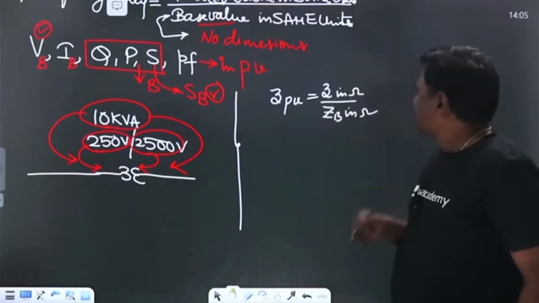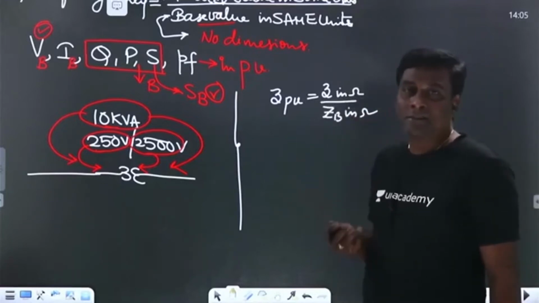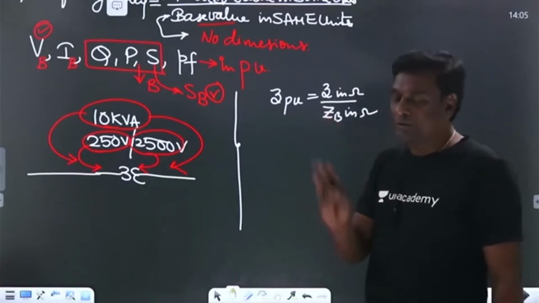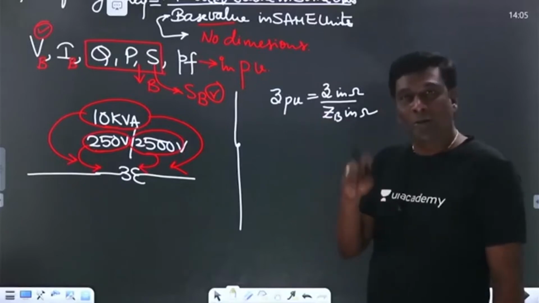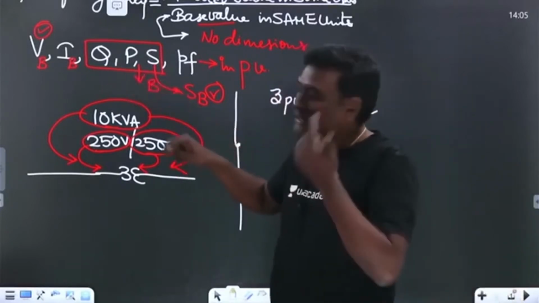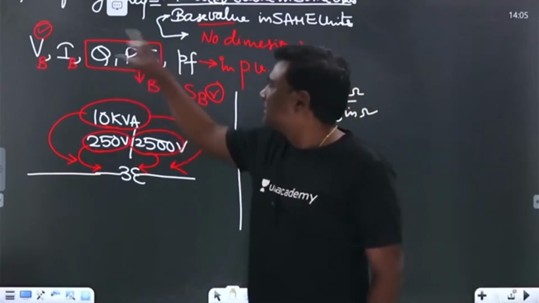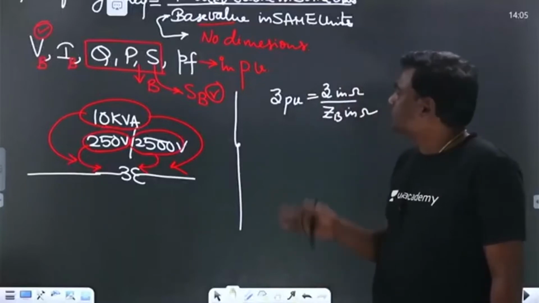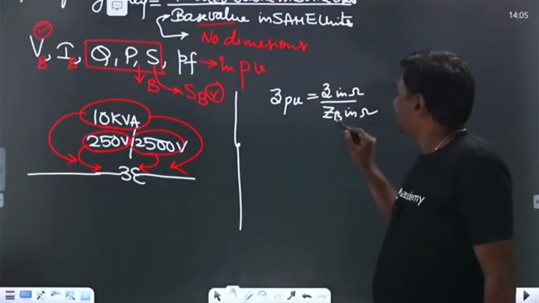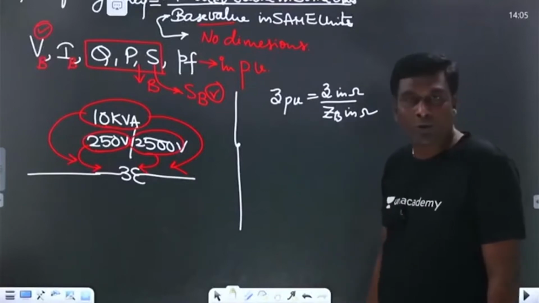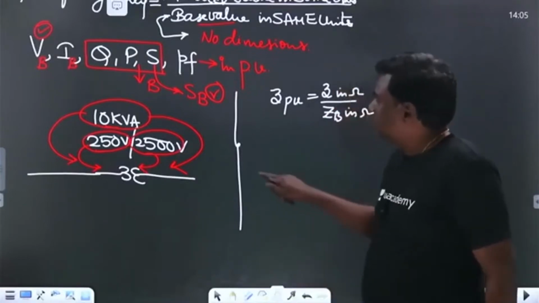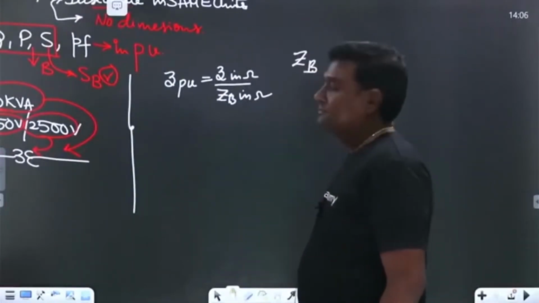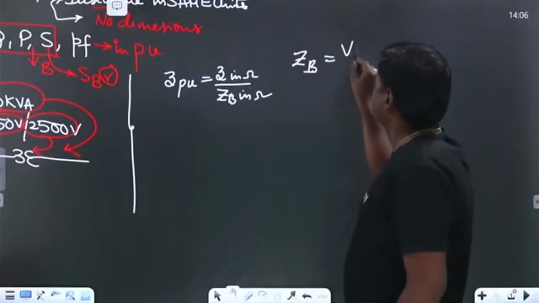Now one more thing is, see here, for resistance, R base, reactance, X base, impedance, Z base will not be separate, because resistance is in ohms, reactance is in ohms, and impedance also will be in ohms. Similarly, this is VI cos phi, VI sin phi, combinedly we are going to have only one base. Similarly, for resistance, reactance, impedance, the same base will be there, because dimensions are going to be the same. Now coming to here, how much is Z base? Let me consider Z base should be V base by I base.